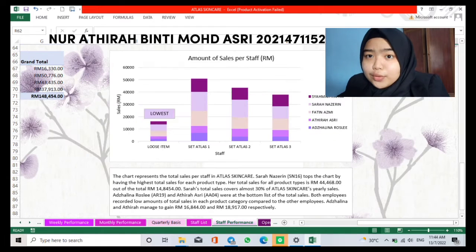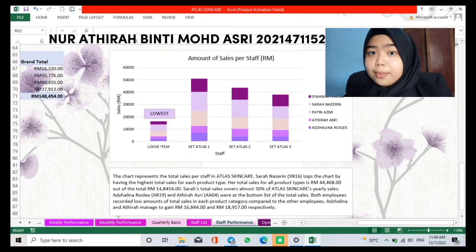Now we are going to look at each staff's total sales. Since Sarah NAZERIN engaged with the most transactions in Atlas Skincare, her total sales were the highest, which is 44,468 ringgit. Based on the chart, Sarah NAZERIN contributes a lot in the sales of each product. The highest total sales have a huge gap with the lowest total sales by AZZHALINA ROSLEE, who only managed to collect